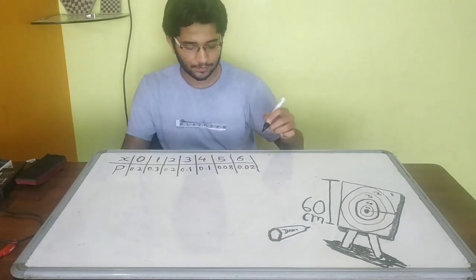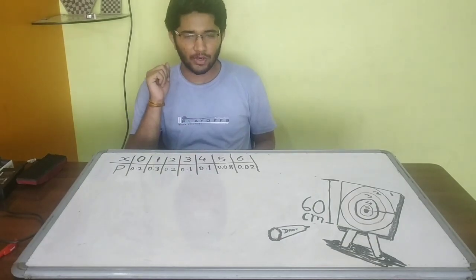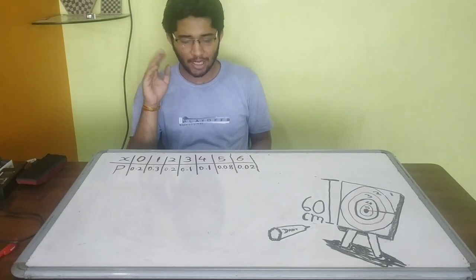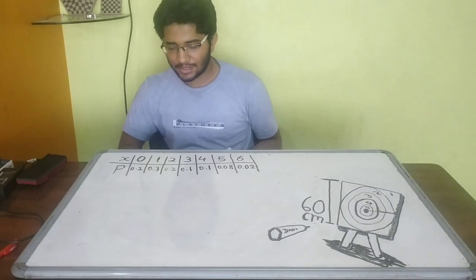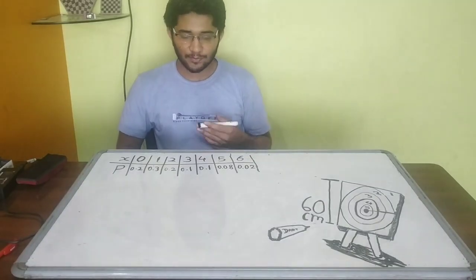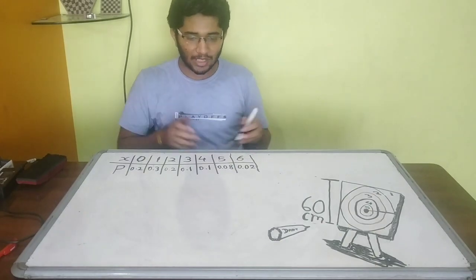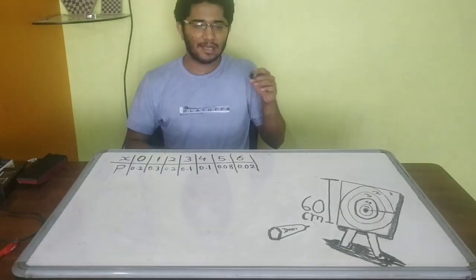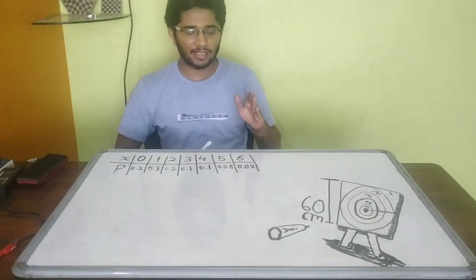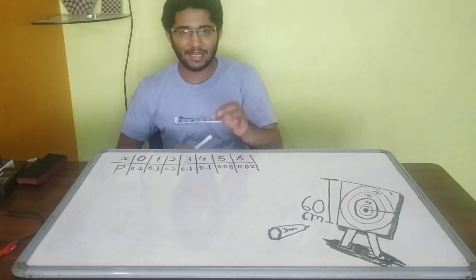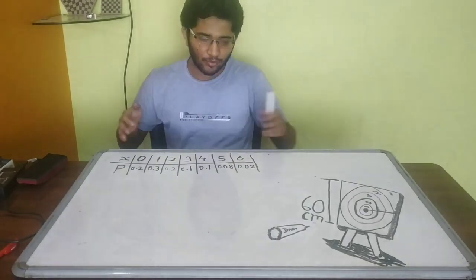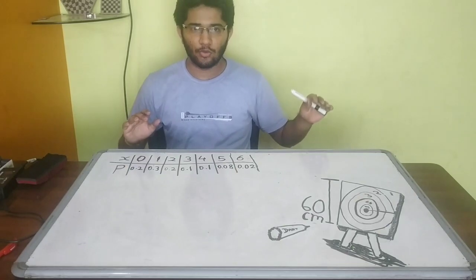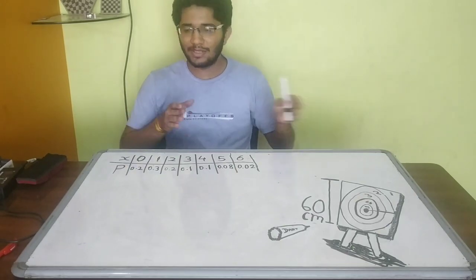Now if you have watched part 1 or part 2, that is day 1 or day 2, I don't remember which video it was, in that I explained the expected value. Expected value means the result which we can expect when we play the game many times. We are playing this game continuously. So what is the expected result as an average for all games? It is not necessary that in every game we will get that result, but when you play the game forever, many times, the average score of all your games will be that expected value.